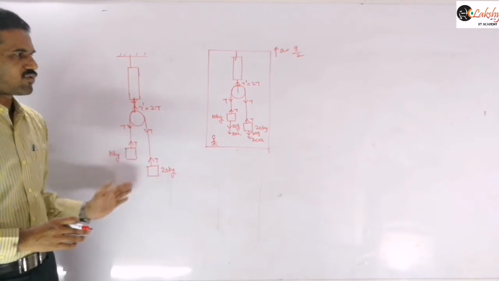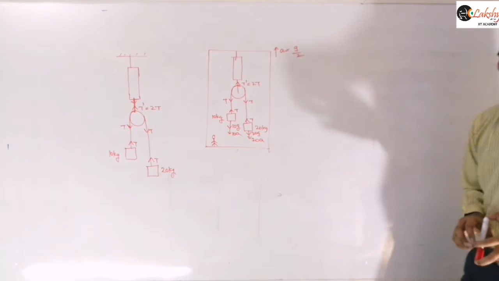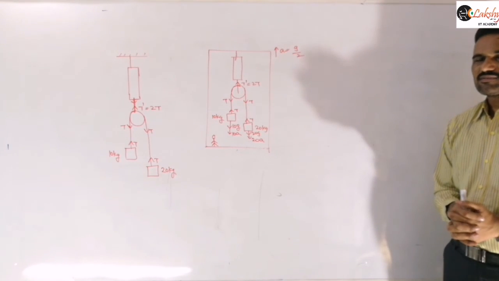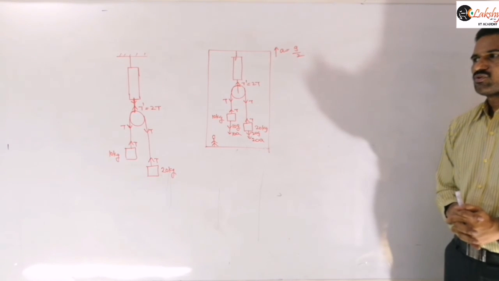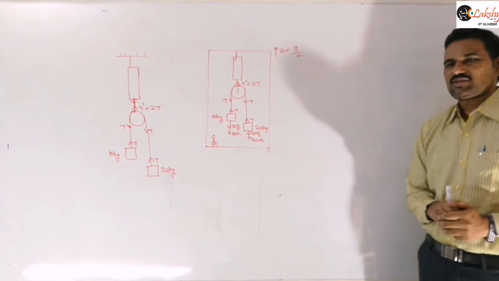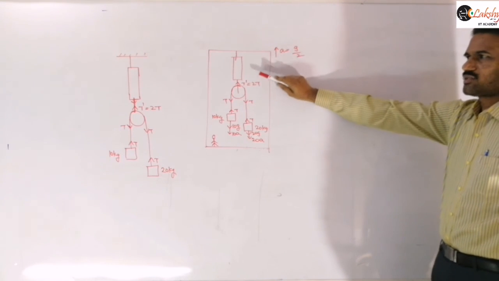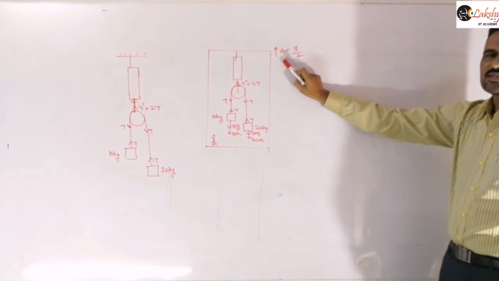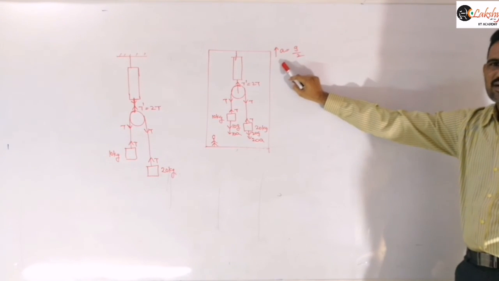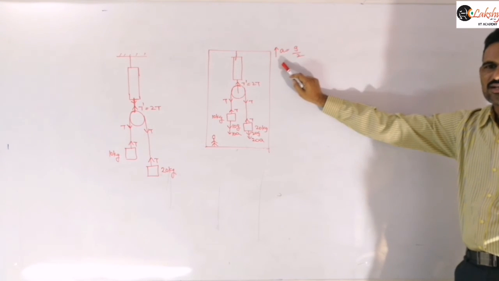So solve these two problems here. Find the readings of the spring balance in the following cases. Just mention that in the following cases. And here, if you want clarity, you may mention that the spring balance is suspended in a system which is accelerating up with an acceleration of g by 2. That is the reading of the spring balance you need to calculate here.